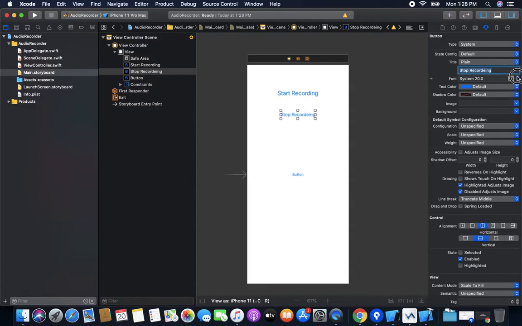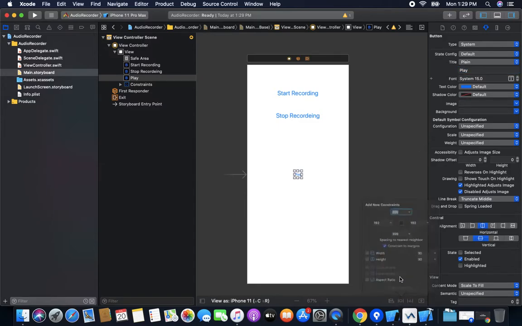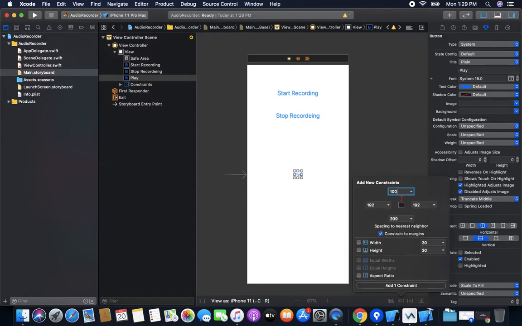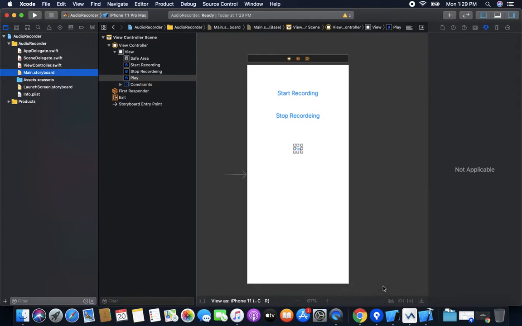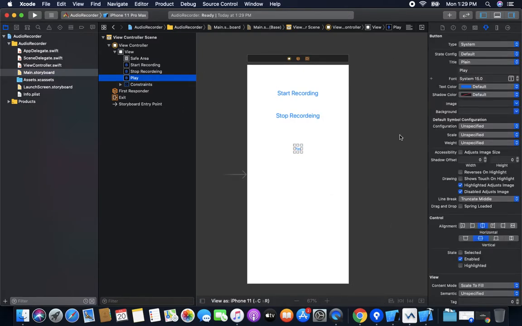Increase the size so it looks clear and attractive. Last button, rename it as play. Give a top constraint of 100 to make it a little different. Same, make it horizontal in container and increase the size.